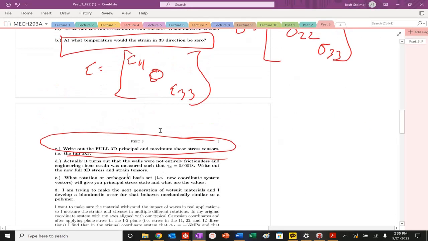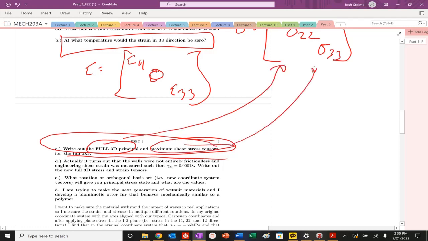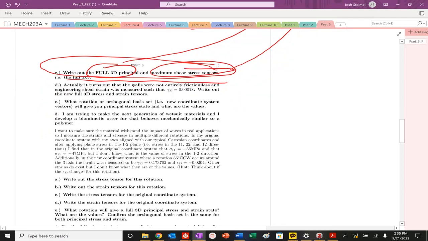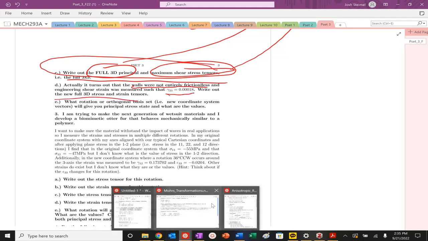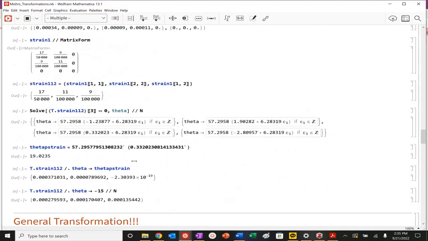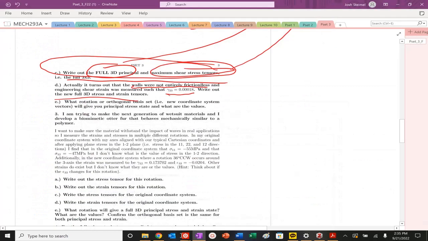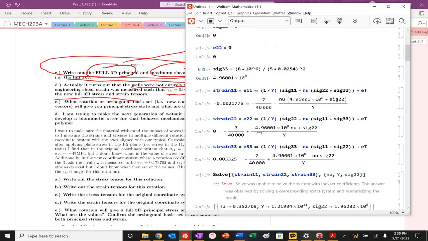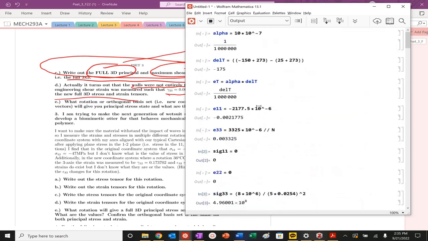Okay, turns out the walls were not entirely frictionless. That's your full 3D plane, and we have engineering shear strain of 0.0018 in the 2-3 plane. Write out the new full 3D stress and strain tensors. Well, if I have engineering shear strain, I will have engineering shear stress. So that 2-3 will be in my epsilon 2-3 and my sigma 2-3, because we have that relationship that we